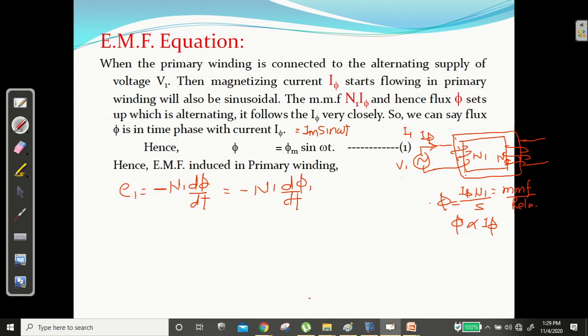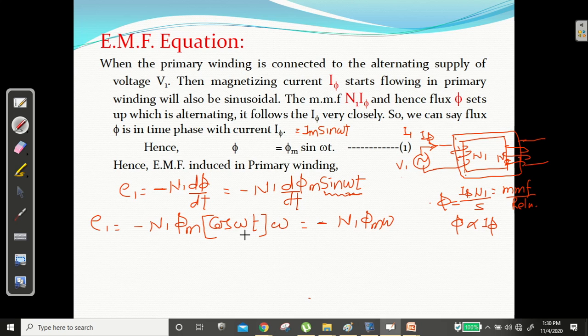So we will say E1 equal to minus N1, phi m constant है, phi m sin omega t का डिफरेंशिएशन विथ रिस्पेक्ट टू टाइम क्या होगा? cos ऑफ ओमेगा टी, राइट? साइन का डिफरेंशिएशन क्या होगा? cos ऑफ ओमेगा टी इंटू ओमेगा टी का डिफरेंशिएशन क्या होगा? इंटू ओमेगा. सो आई एम गेटिंग माइनस N1 phi m omega, and in place of cos of omega t can I write